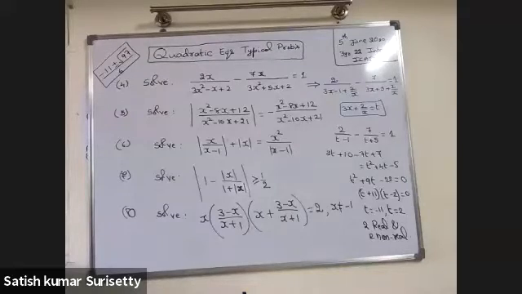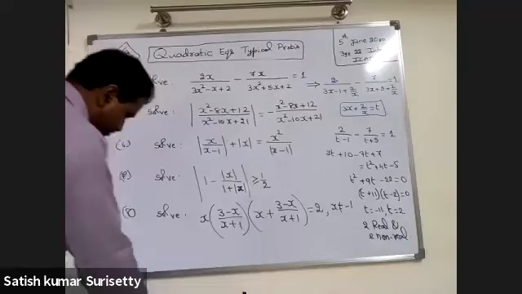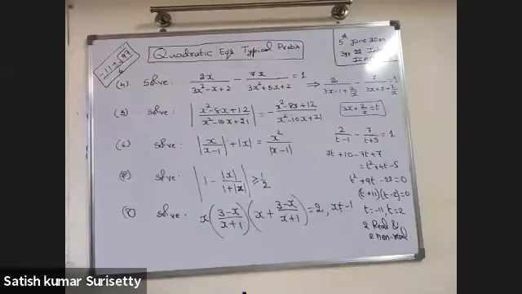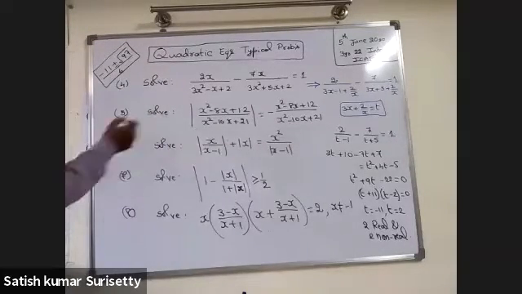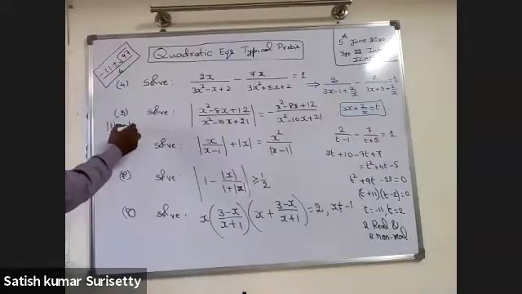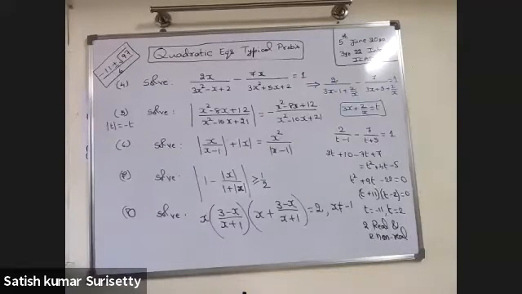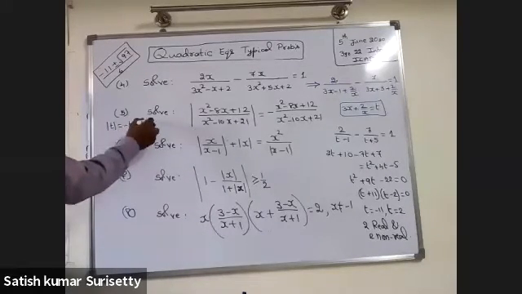Is there any observation in the fifth problem? Yes, sir. Observation, sir: the whole thing inside the mod should be negative. Correct. And it is of which form? Modulus of t is always positive. t equal to minus t. That means t must be what? Less than or equal to 0.